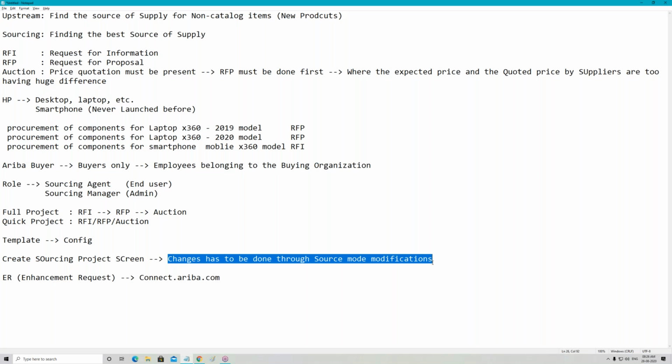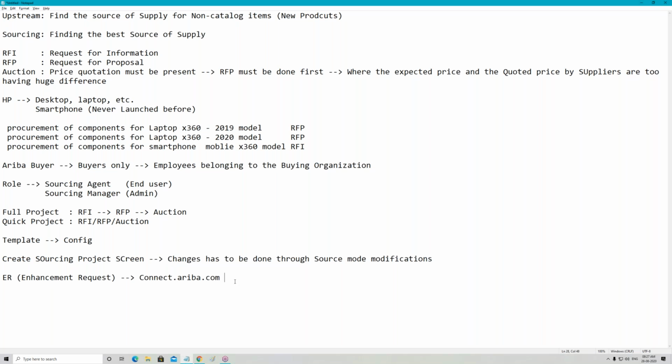So please don't do it. Why? Because when your client has to pay so much more out of their pocket, they will understand. And remember, an enhancement request is not final. Final means it's not a one time payment, because your client's business scenario or business process will change. Maybe not next year, but the year after, it will change, and when it does, the ER also needs to be changed. So Ariba will once again charge money for that. That is the motto which I always keep in my mind.